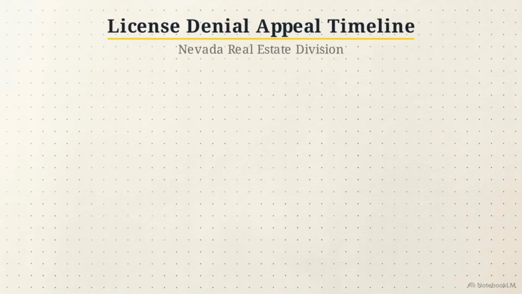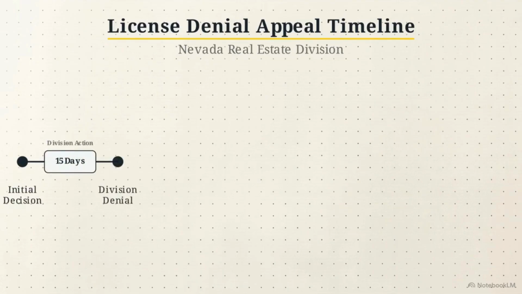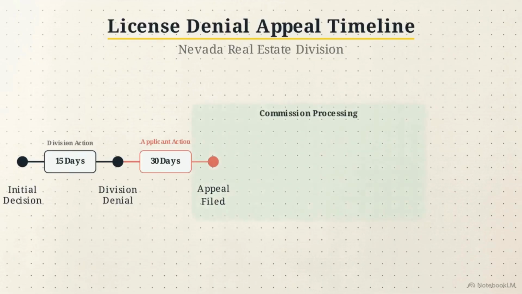If an application is denied, the state follows a sequential timeline for the appeal. Each step is governed by a specific deadline that must be met to keep the appeal active. The process begins when the division notifies the applicant of the denial, which must happen within 15 days of the decision. The applicant then has a 30-day window from the receipt of that notice to file an official appeal with